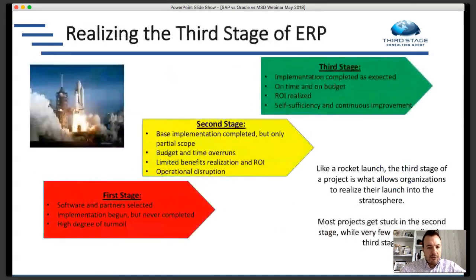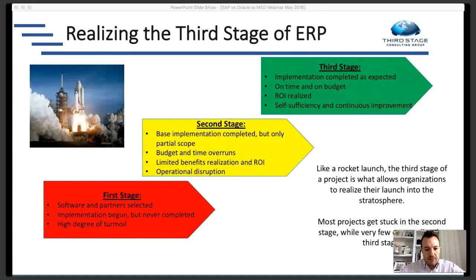So when we look at the philosophy of Third Stage, and this isn't even really about Third Stage, this is more about your project and how you should think about making your transformation successful. If you look at the first and second stage of a typical digital transformation ERP project, what you find is that most companies will get stuck in one of these first 2 stages.